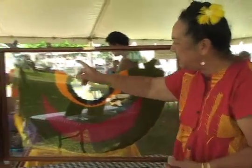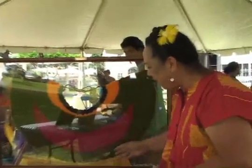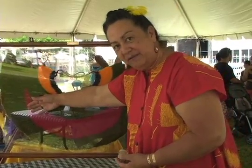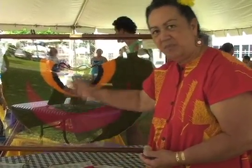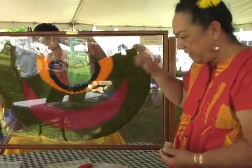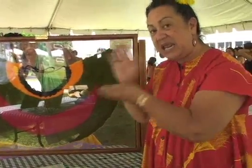Each bundle is tied one at a time, going all the way around the cape, and then goes back and comes around again, and it repeats itself until you get to the pattern. Then you introduce the next color, but it's row after row after row. If you come around after a little bit, you can see the back side, the netting where the feathers are connected. And it's a cotton netting